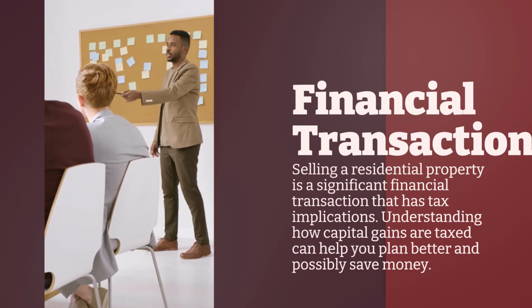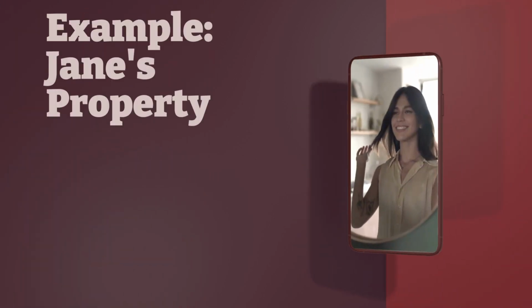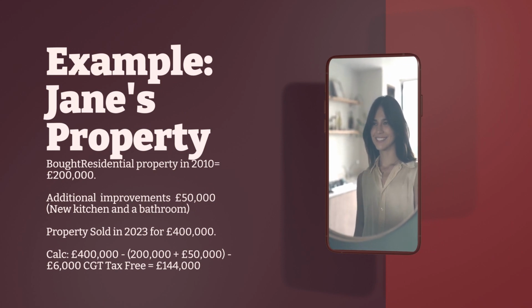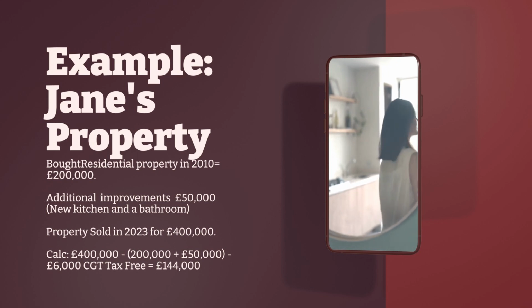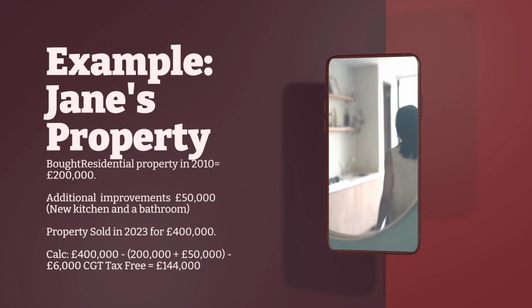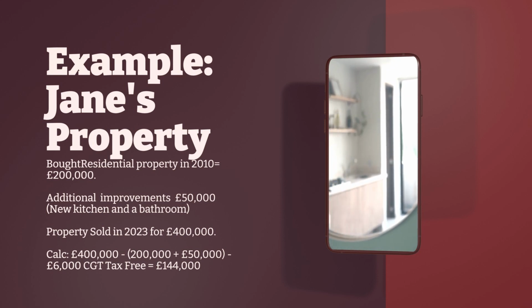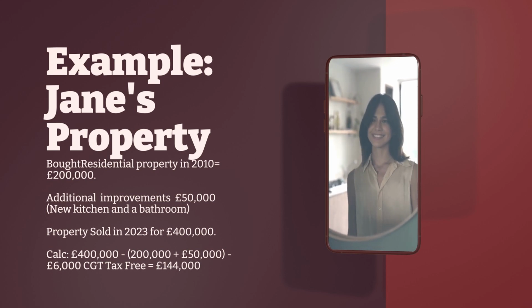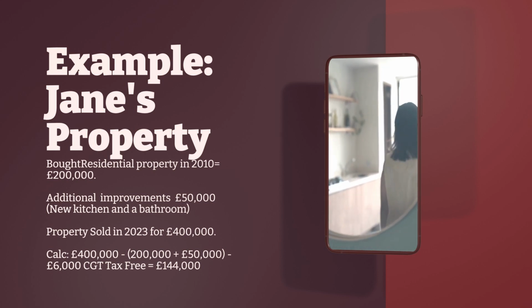Let's take a real-life example next and elaborate how capital gains are taxed. Let's say Jane bought a residential property in 2010 for £200,000. Over the years, she spent £50,000 on improvements like a new kitchen and a bathroom. She decides to sell the property in 2023 for £400,000. Firstly, to calculate the capital gain, we take the selling price of £400,000 minus the purchase price and improvement costs of £200,000 and